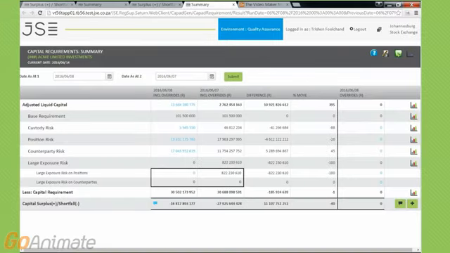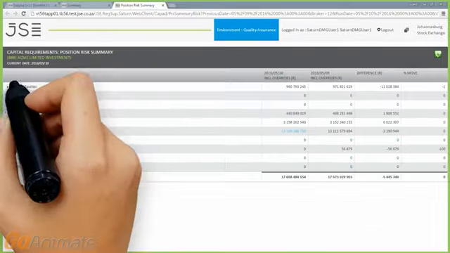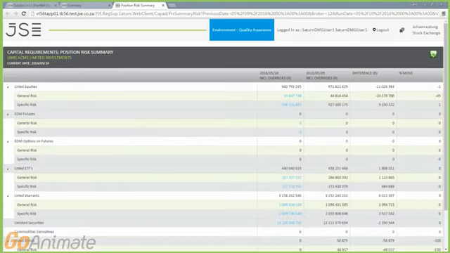After selecting the client, the Capital Requirements Summary screen will be displayed, and you can select the position risk amount to drill down further. On some screens you will find an icon that enables you to expand or collapse information. By expanding this icon, you will be able to see more information about how a value is made up. If you would like to collapse the information again to only see the summary detail, click on the expand icon